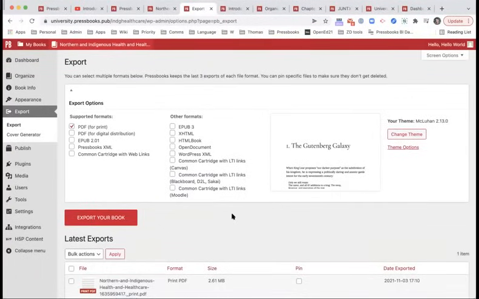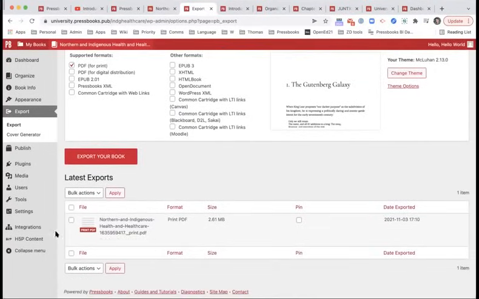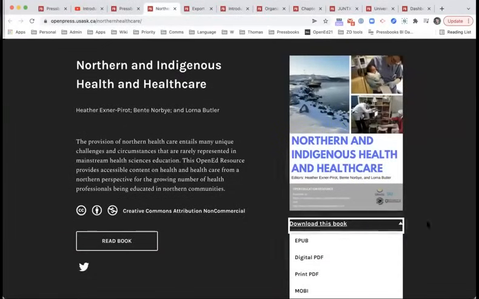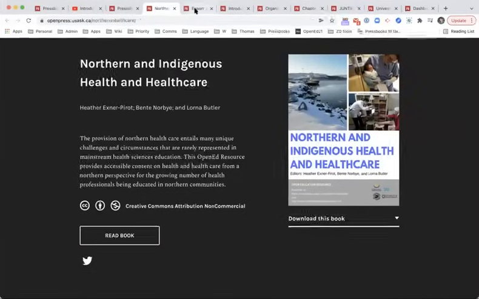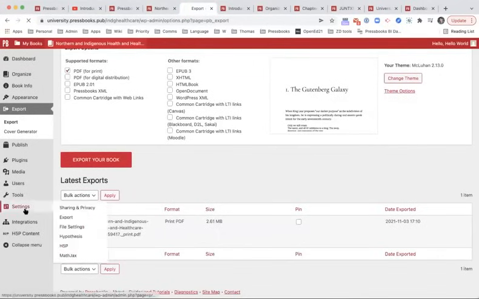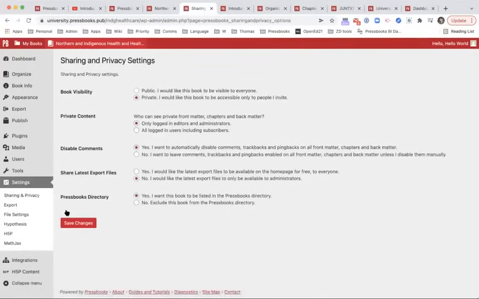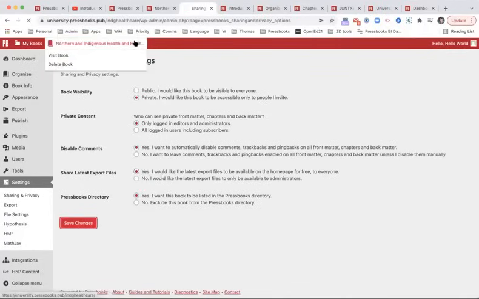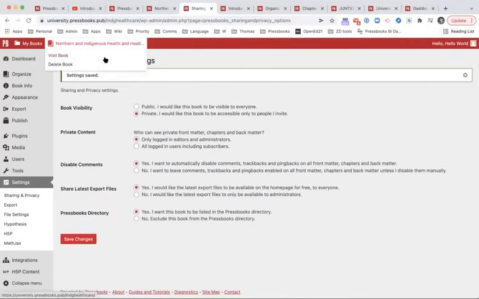If you would like, these can be made available on the homepage. So all of the exports that live down here can be made available on the homepage, like I've shown you here. This is the part where I show you how you can enable this download button, by going into settings and going into sharing and privacy. It says share latest export files. So this is where you can determine whether or not I'd like the latest export files to be available to the homepage for free to everyone, or you can set it to no, which means that that button won't be there. So if I click yes and click save changes,